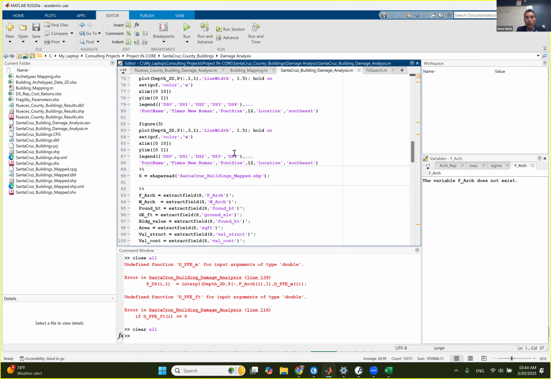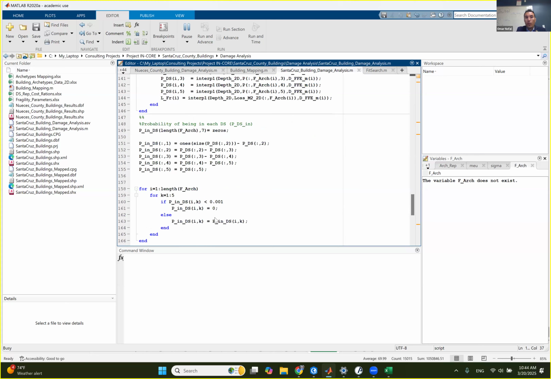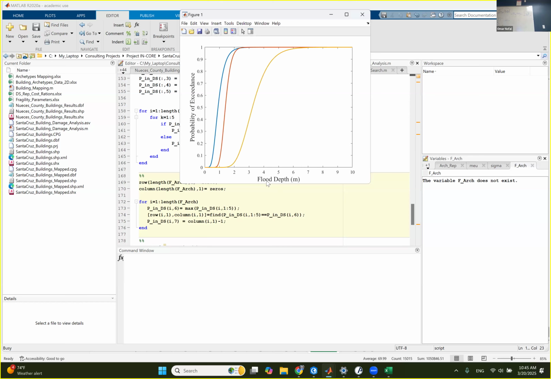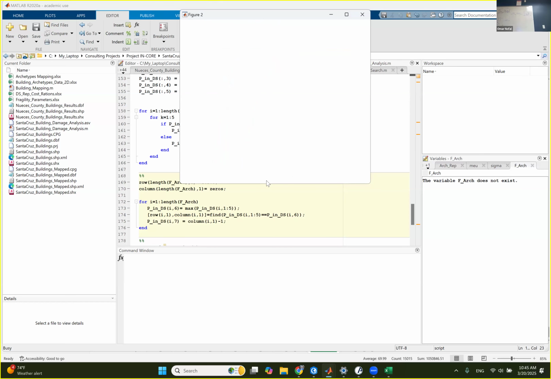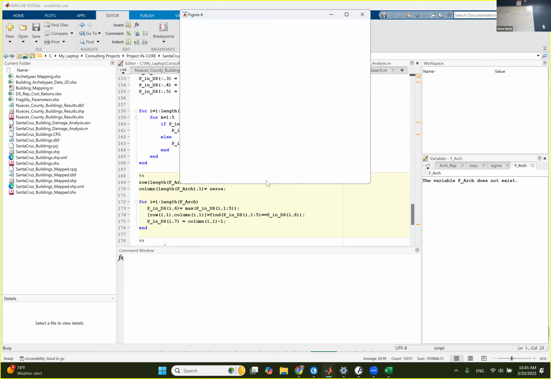Let me run the whole code. All right, so this part is the part that calculates the maximum. Look what I did. I prepared, for all the numbers, the probability of being in each damage state. So I have a matrix that has each building in the row axis, and damage state 0, 1, 2, 3, and 4. And I want you to check what is the maximum value of them